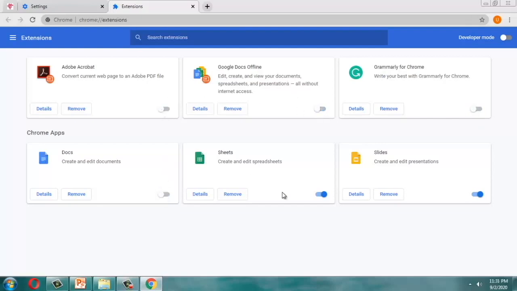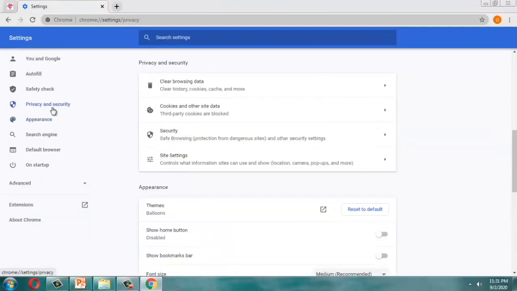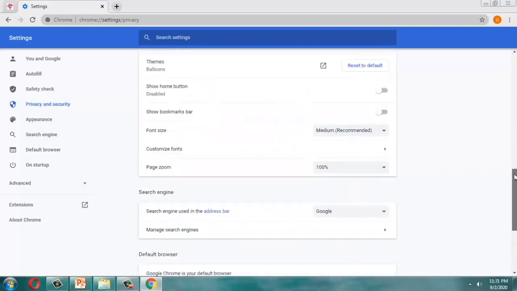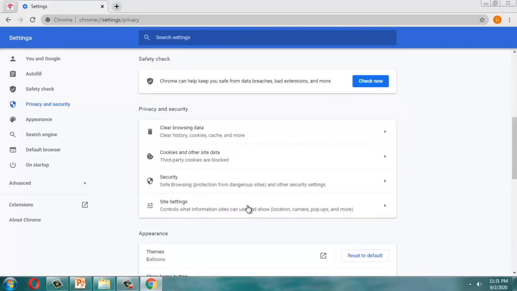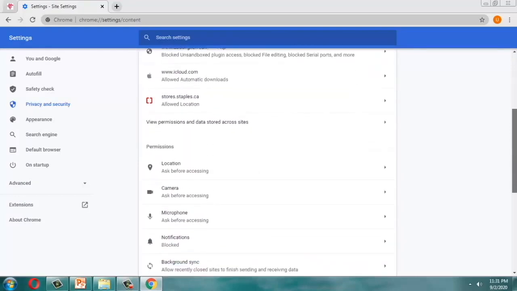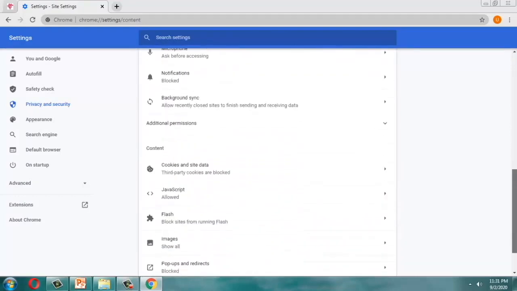The second thing you have to do is to block the pop-ups. There should be no pop-ups or redirects at all. So you go to the settings again and then hit privacy and security on the left side of the page. That will bring you to a page where you will see pop-ups and redirects. So make sure they are blocked, and it is also recommended